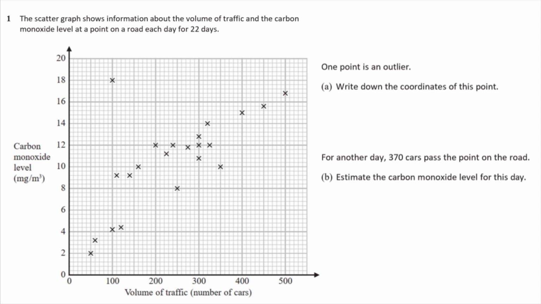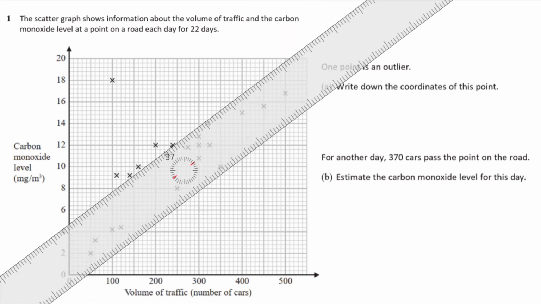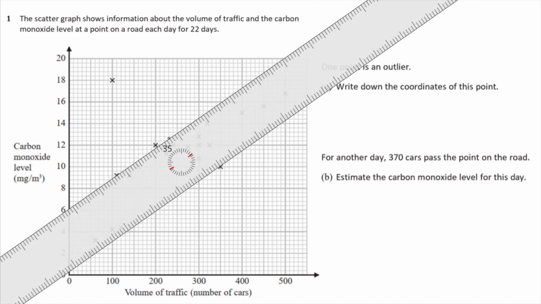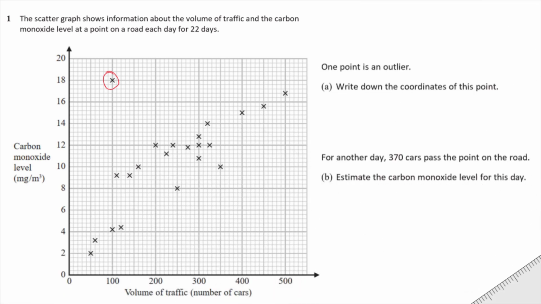Well, an outlier is a point that doesn't match the rest of the trend, and you can see that most of the points are in this band running up the center of your data here, but we've got this one all the way over here. This one is the outlier, isn't it? So what point is that? That is 100, 18. So I'm going to write that down. 100,